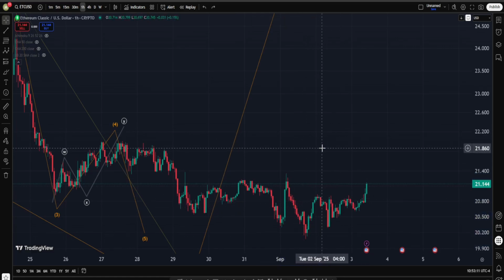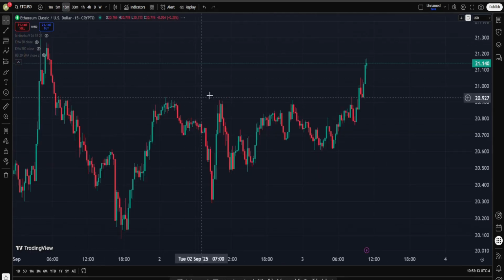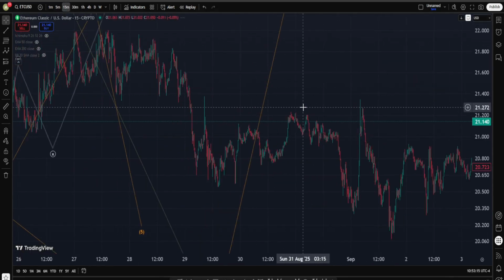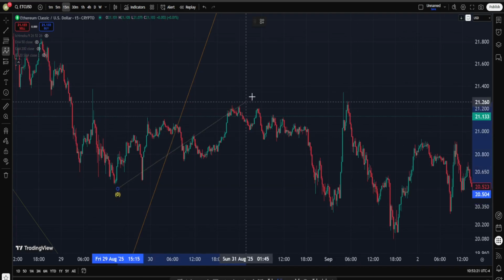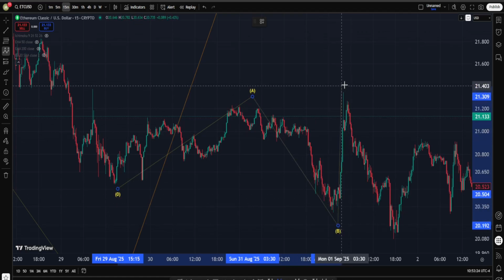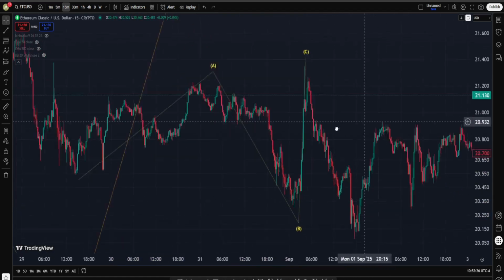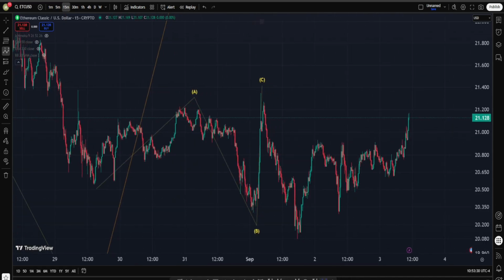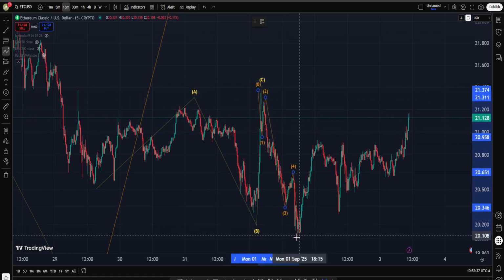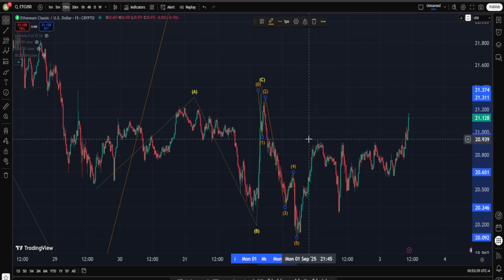Now pay attention to what is going on in here. Let's go on 15-minute time frame. First things first, in my view there's actually a decent chance that in this area we had an A, B, and then 5-wave up, a very quick bounce into our C leg. Overall, this is an ABC expanded flat, and then I think we are able to identify off of the highs a 1, 2, 3, 4, 5-wave down, which is actually a very optimistic sign, suggesting maybe in